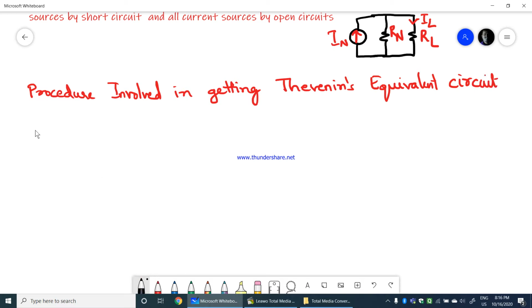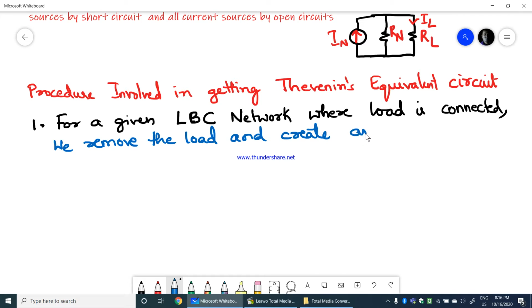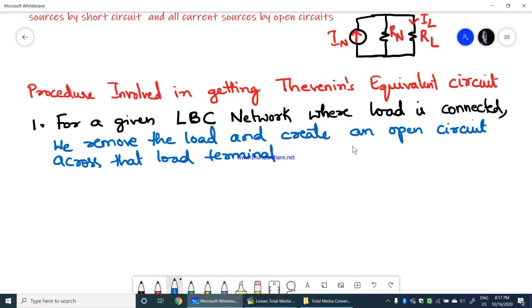The first step is, for a given linear bilateral complicated network where load is connected, here what we do is we remove the load and create an open circuit across that load terminal. So we remove the load and we create an open circuit across the load terminal, and